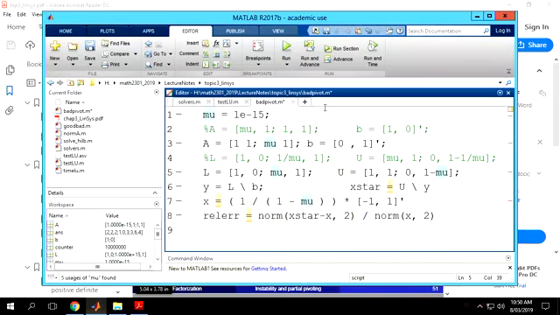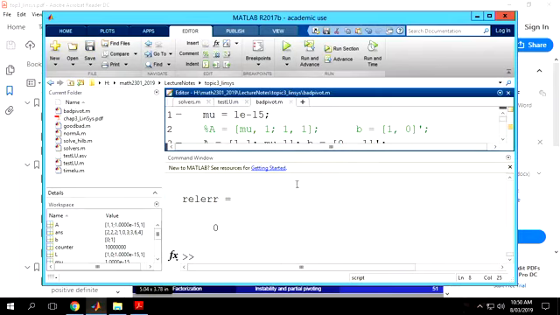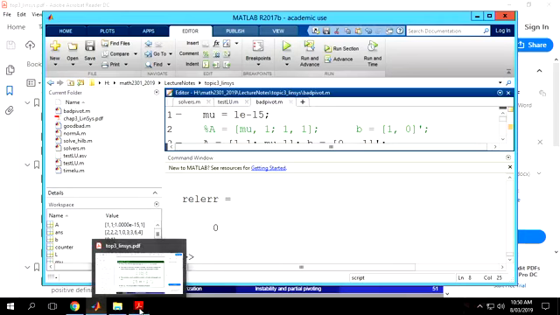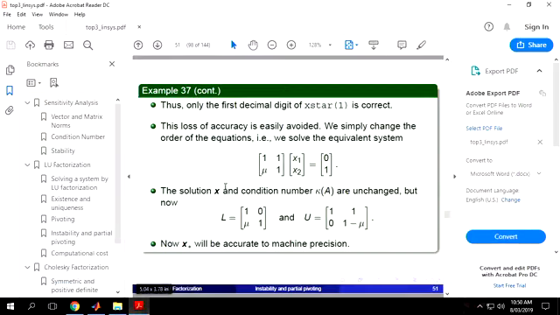And now you run it again. See, you run it again, the relative error is equal to 0. Yeah? So you just swap. So what is the point here? When you swap the rows, you just improve the relative error from like 7% to 0. Yeah? So just a simple example, just a 2 by 2 matrix. And the reason is